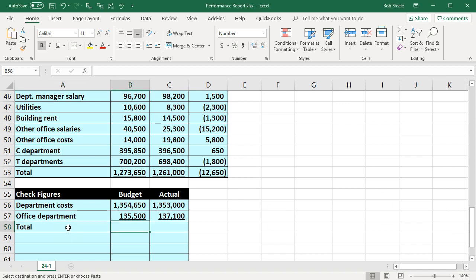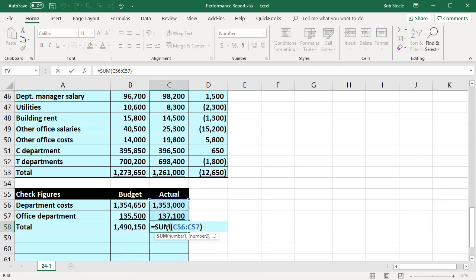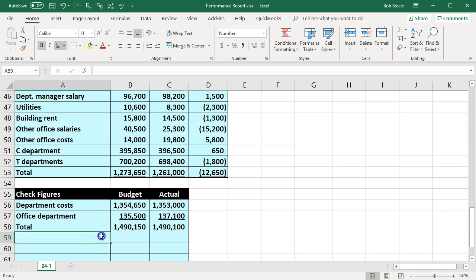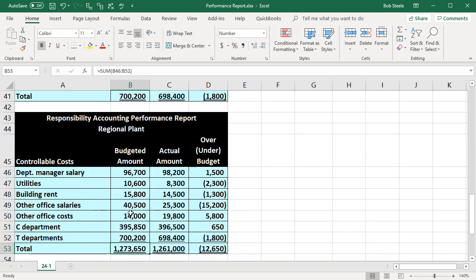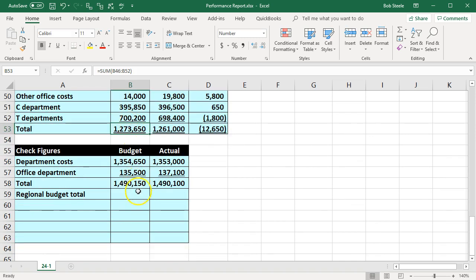And if we total that up, just to give a subtotal, this equals the sum of these two. I'm going to copy that across using autofill, and so that's the same formula copied across. And then now we need to compare that to what our information is. So we have our amount that we have applied out, which in essence is just this regional budget total, because this includes everything. It includes the items from the departments. So these two departments are already included here. So this is in essence the number that we have accounted for here,